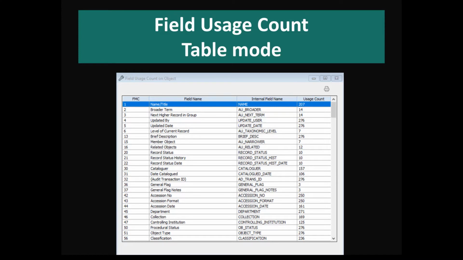So it's great for giving you a snapshot of what parts of the database are being used by your catalogers, and that might help you detect anomalies, such as just a few records being missing a particular field, or perhaps fields which are being used inappropriately where only a few records have data in a particular field and it should really be entered somewhere else. In this version, you can now easily copy those reports to Excel.